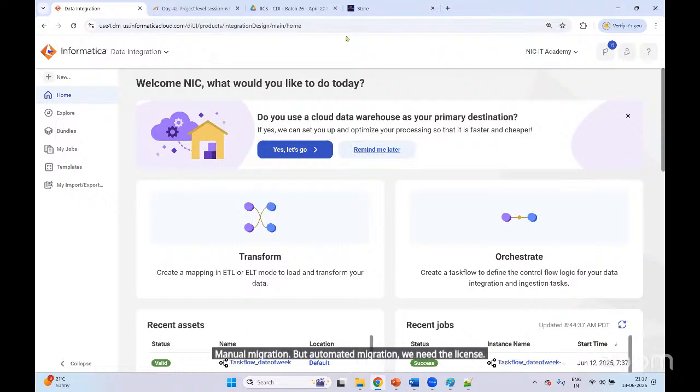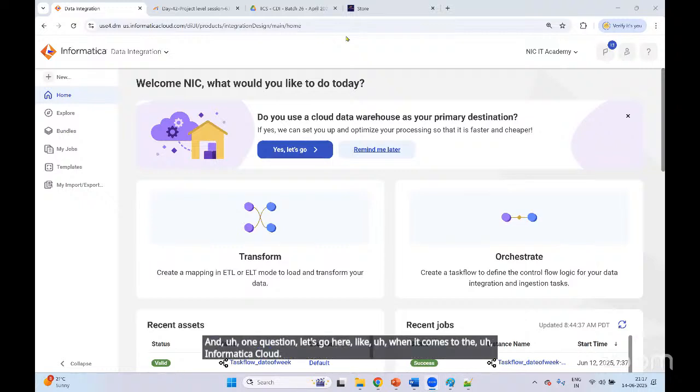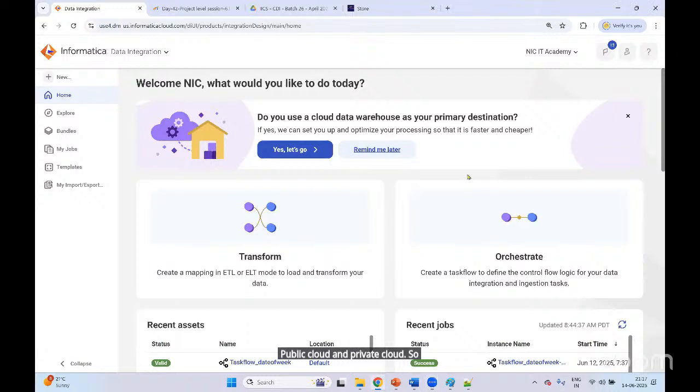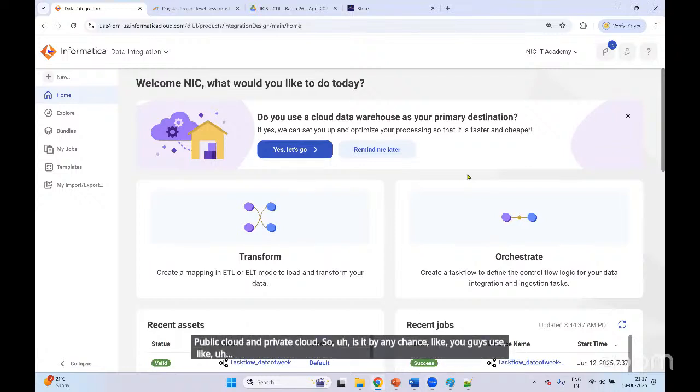Okay. And one question: when it comes to Informatica Cloud, there might be two different types, right? Public cloud and private cloud. So is it by any chance that you guys use a private cloud or something like that? Meaning like our metadata is seated in